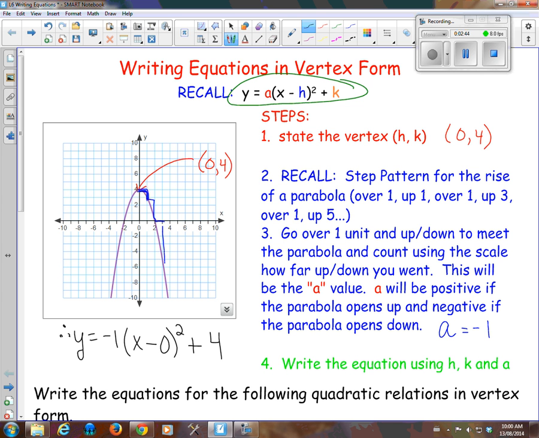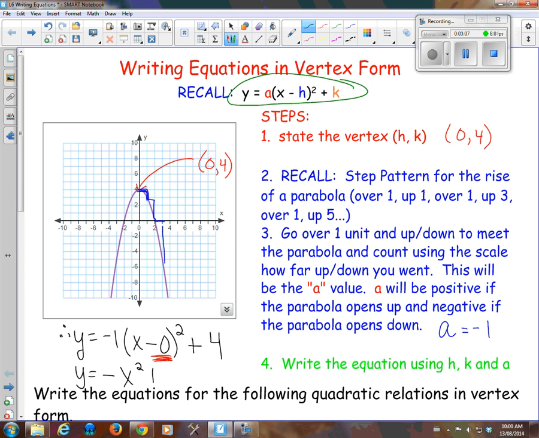In this case, we're going to tidy up our equation a little bit, because in math, we don't like to write more than we have to. So taking away 0 doesn't affect anything. If I take away 0, it's not going to change my answer any. So I don't need to write it. So my equation is actually -(x), I guess I don't need my bracket there either,